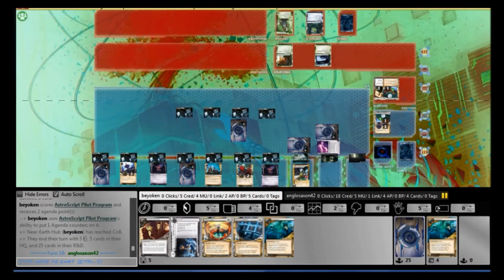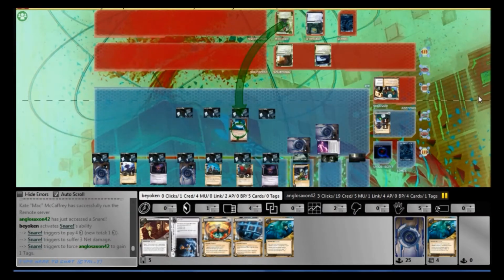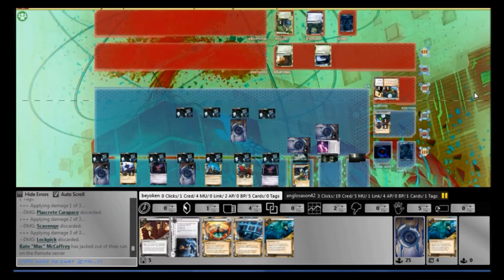So because he ran there, I think, yeah, he scored an Astro script off the top. No, he didn't. He didn't score any agendas, thankfully. And yes, he does face check the other install that I made, and it was a Snare. I triggered it, of course, and he takes the damage. So now I have an Astro script live on the board. Thankfully for him, he